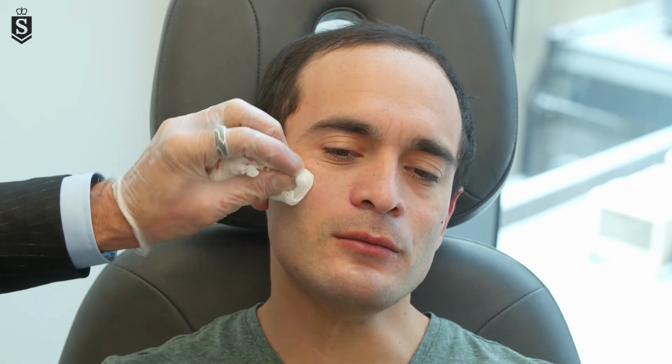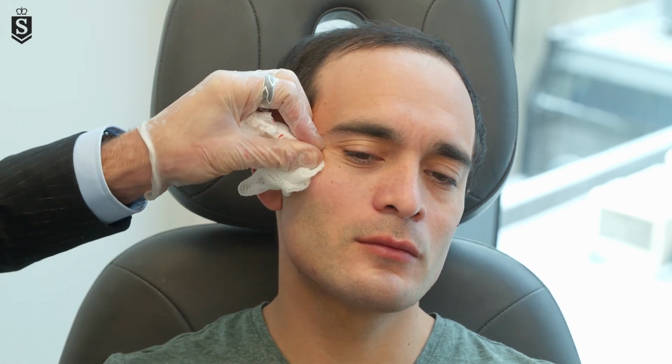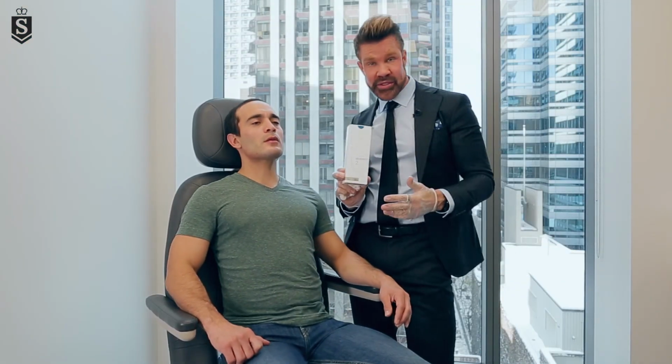So the last thing that we want to do is just fill in a little bit of those tear troughs that's making him look a little bit tired. We're going to use a product called Redensity 2. This is an amazing product that's designed specifically for the tear trough. It's very soft. And again, I'm going to use a cannula. I like to use cannulas in areas where we want it to be safe and has a higher chance of bruising or getting into blood vessels. And this is one that is a very bruisey area